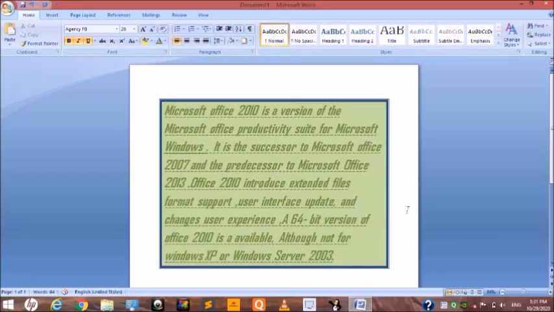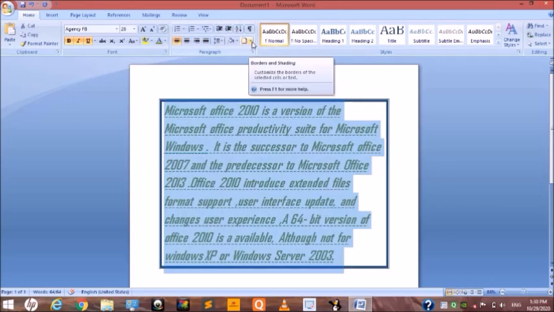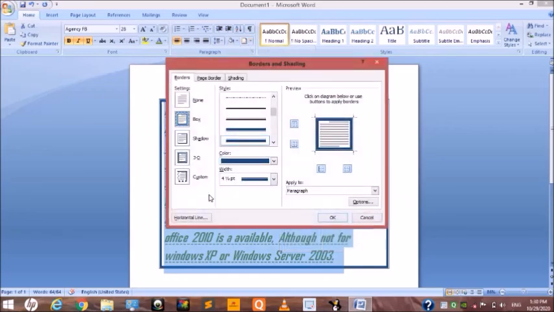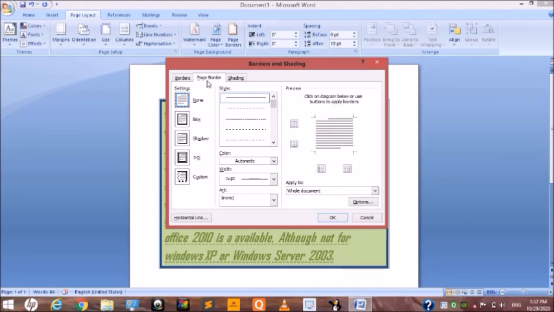Next is applying the page border. This is our whole page, and we are going to apply a border to the whole page. Click on the border drop down button, then select Border and Shading. The dialog box appears and the Page Border option appears here. I choose the 3D form and choose the style.